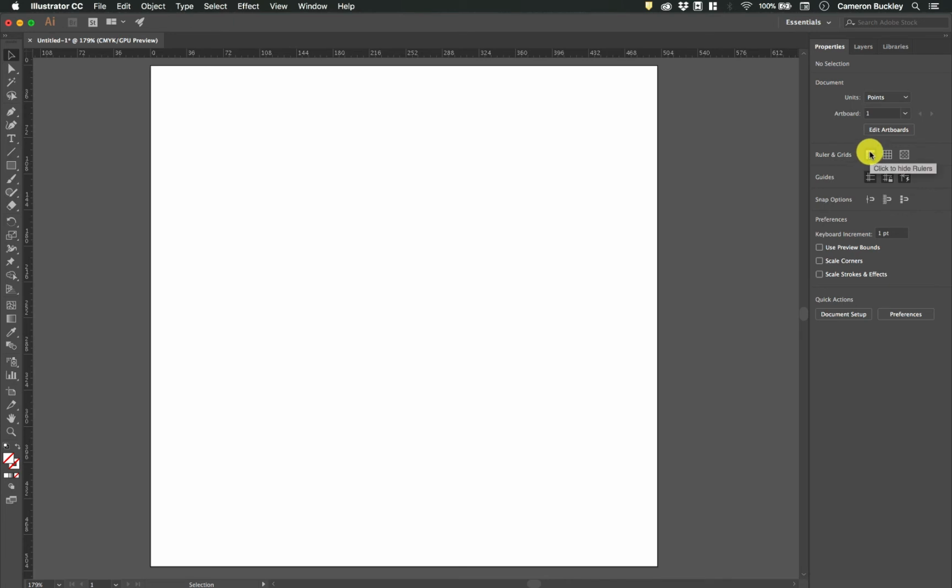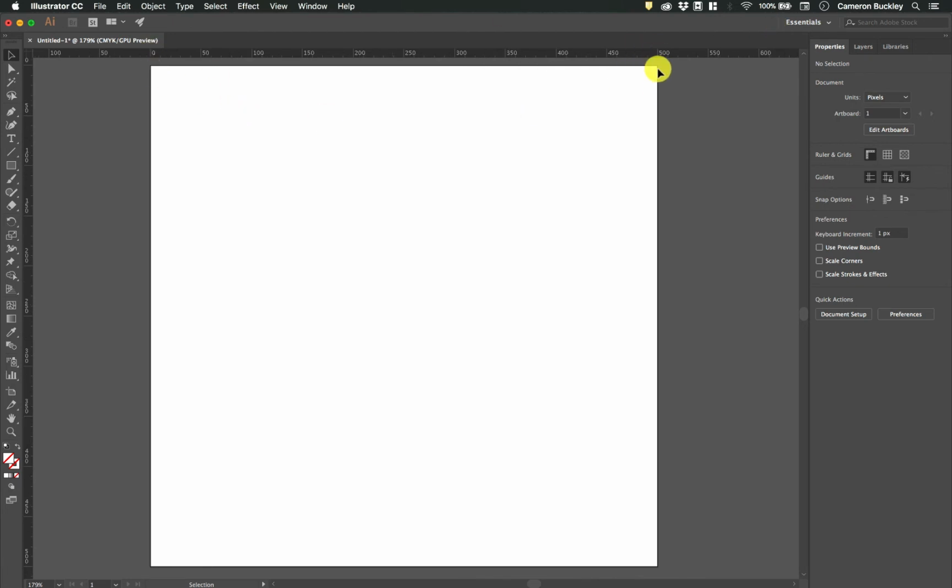Whenever I turn on this ruler right here, it gives me a ruler at the top and on the left hand side of my screen. This ruler right now is showing me here's the 0 mark and here's the 500 mark. This is a 500 by 500 point document. If I right click the ruler, I can change the unit of measurement. So I could say inches, pixels, all sorts of different things. Now, because this is vector-based, these don't really matter. They're just for you. So I'm going to use pixels just because I think it's convenient to start at 0